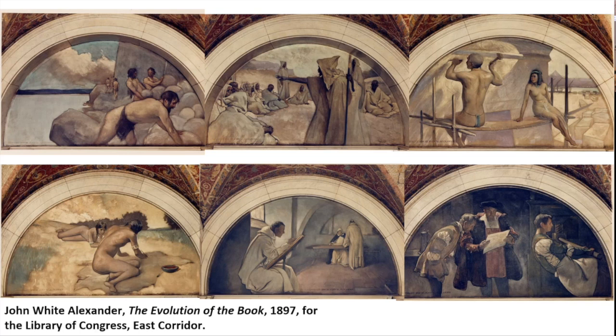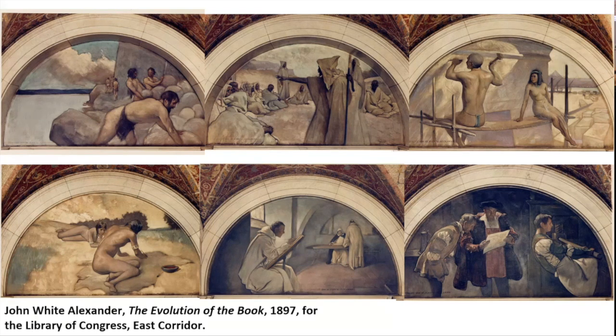The era again is unclear, but I think we can imagine that we're looking at a scene set much more recently than the Pyramid Age, informed as it is by the kind of contemporary field work the federal government was sponsoring at the same time they were sponsoring this library building. The final two images show a European monk creating a manuscript book, and Gutenberg himself and his assistants with their printing press.